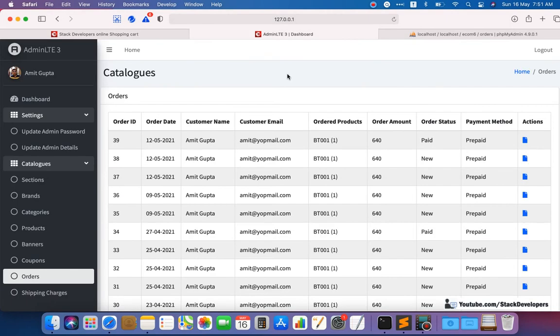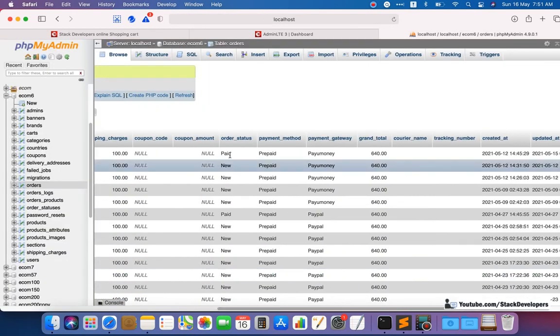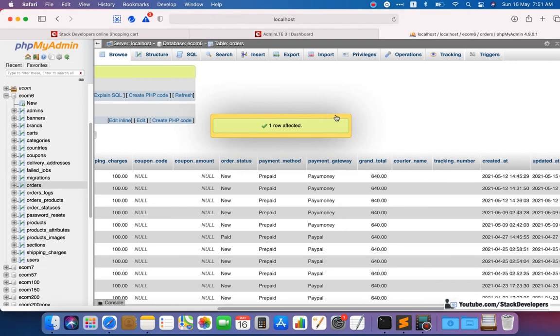Here if you check, see the last order, that status is paid, and the status at PayUmoney is also paid. Now if we convert the status back to new, I'm going to convert the status back to new, but this is actually paid at the PayUmoney end.